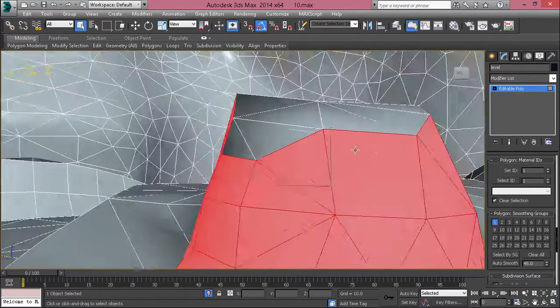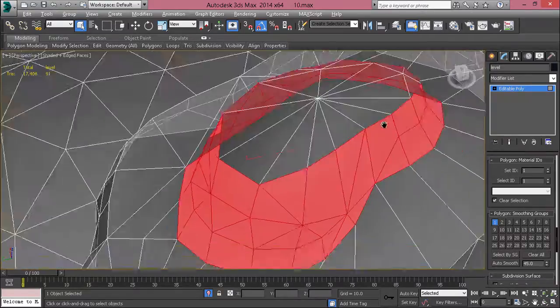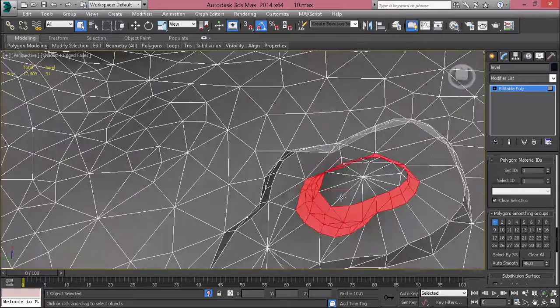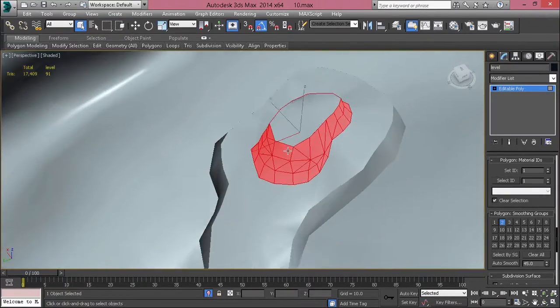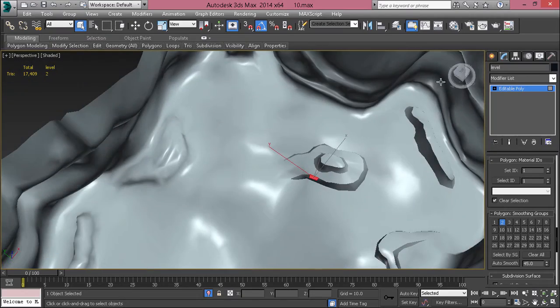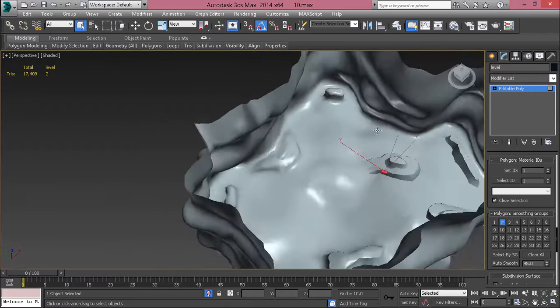Deselect that. And this smoothing group of 2 as well. I'm zooming out, by the way, just in case I've selected anything somewhere over there, which I didn't mean to. Right, and